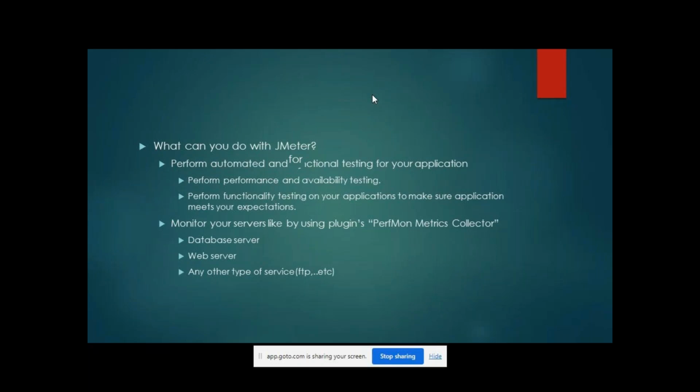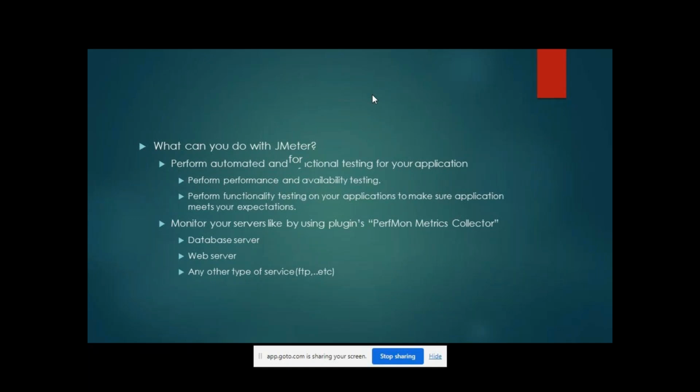For example, on the same server my web application is running and my load is running. In parallel, I am running this plugin to see the statistics of my server, meaning how my disk is used and how my CPU is functioning along with my